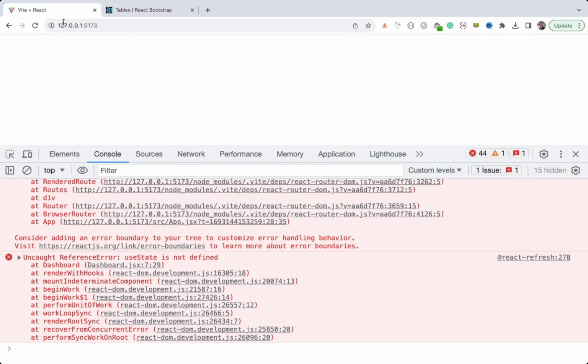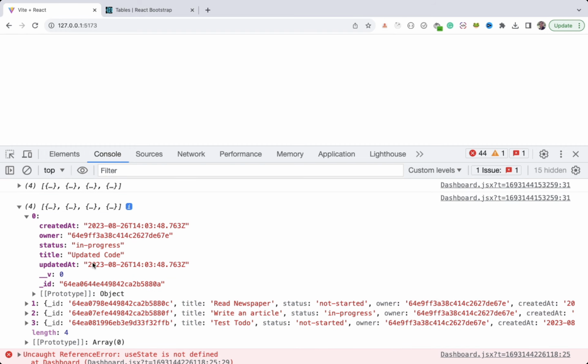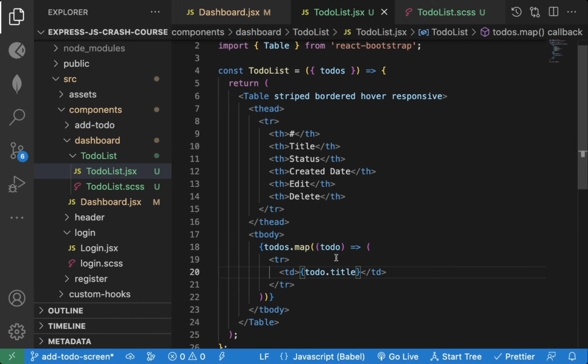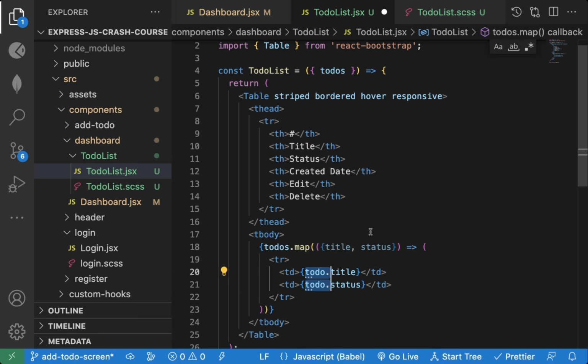Whatever to-do we are getting here, each of these has a title, status, and createdAt. So we are displaying title. Let's add status. Instead of writing like this, we can also destructure here title, status,